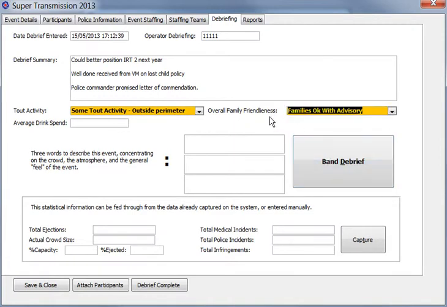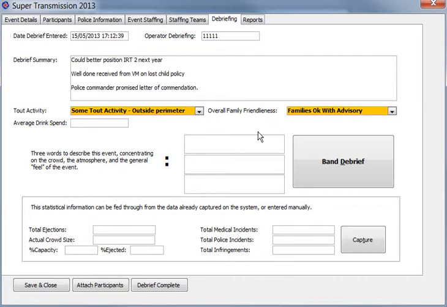Okay, the average drink spend. If you have this information to hand, it's always good to work out issues that are going to occur through alcohol. Very simply, the easiest way to work out the average drink spend is total bar take divided by total crowd size. For the benefit of this, I'm just going to make something up because I'm sitting in the office on a mock-up festival. So let's say the total drink spend was £25 a head.